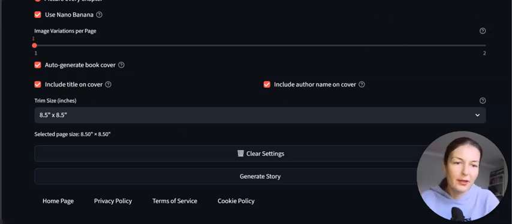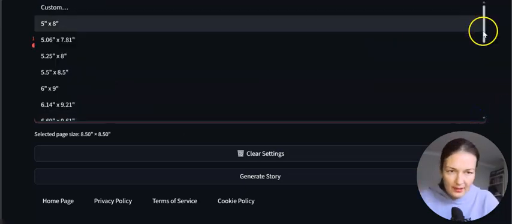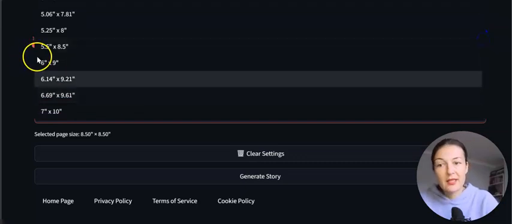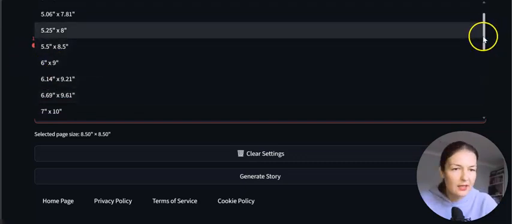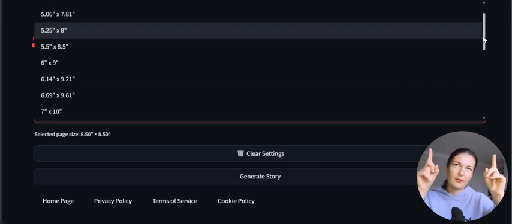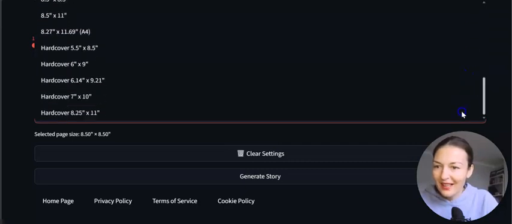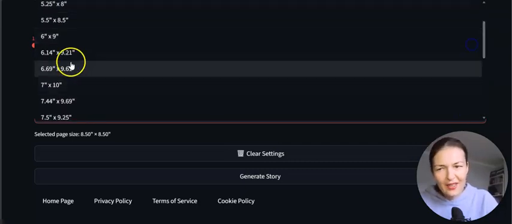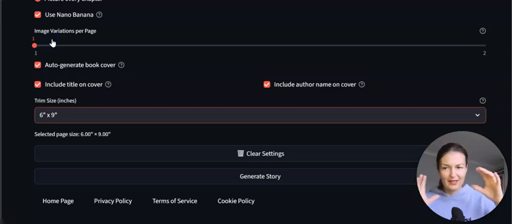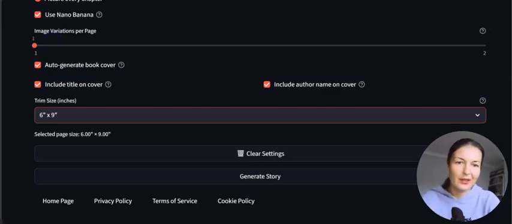So for smaller children, I would go for another size. Okay, the 6 by 9, is 6 the horizontal or vertical? So which one is first? Sorry, I just got confused. I think I'm correct. 6 by 9 is sort of like that, right? Vertical. Oh my goodness, I hope I got it right.